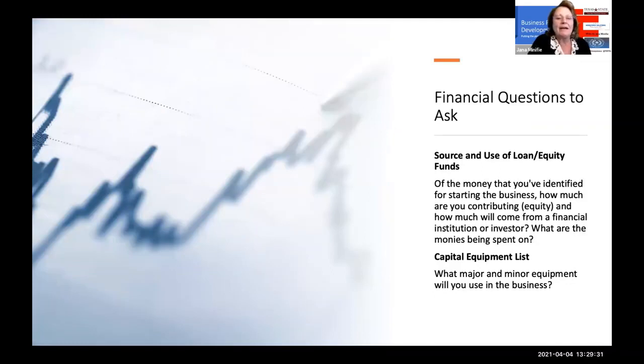So again, let's go back and look at source and use of funds, and let's talk about them just a little bit more on this particular slide. So of the money that you've identified for starting the business, that is going to become equity. If you get a loan, that will go under our long-term liabilities or under our liabilities section. So when you get money from friends, family, and fools, that portion will be going into your equity position